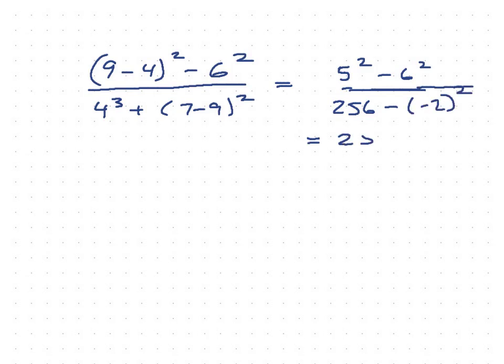So on the top, 25 take away 36. On the bottom, 256 minus negative 2 times a negative 2 is positive 4. So 25 minus 36, the signs are different. 25 take away 36, or 25 plus a negative 36 is going to give you negative 11 over